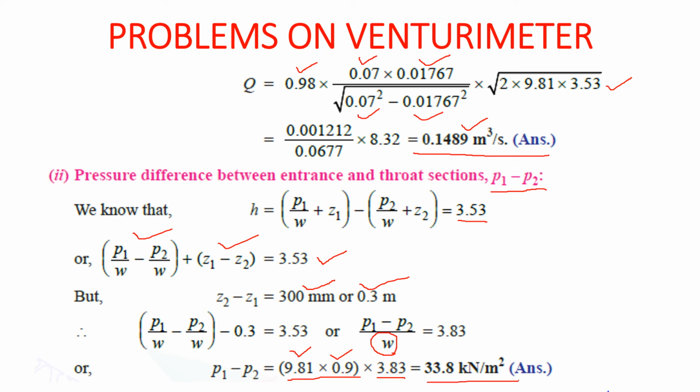So we get this value as 33.8 kilonewton per meter square. Again, see guys, here why we have taken 9.81 into 0.9. Specific weight of oil we require, right? So specific weight of oil will be equal to